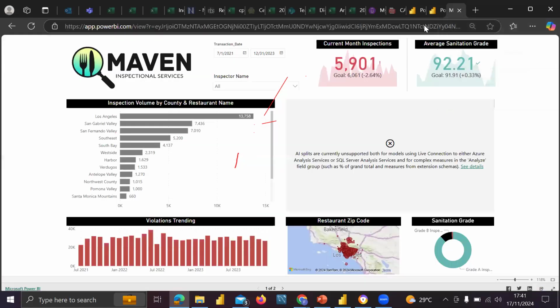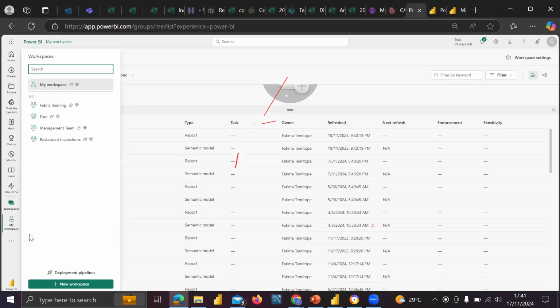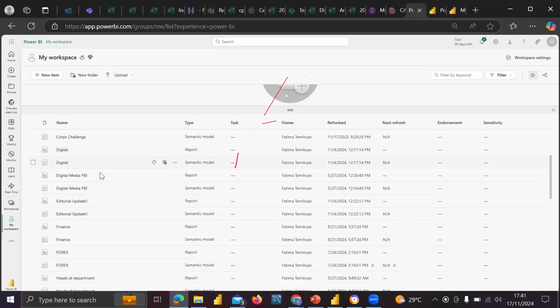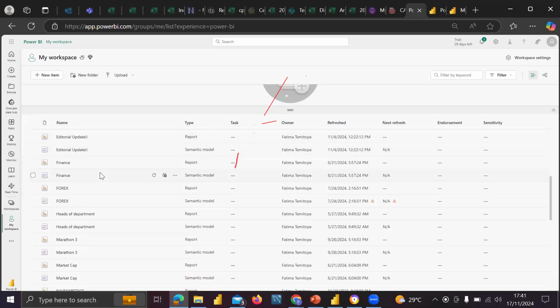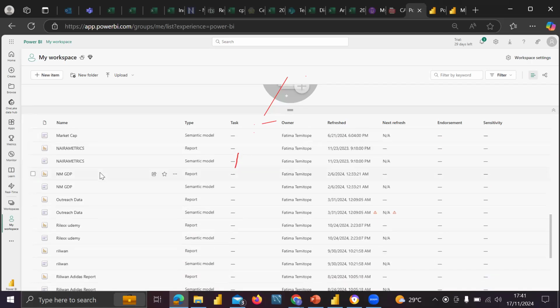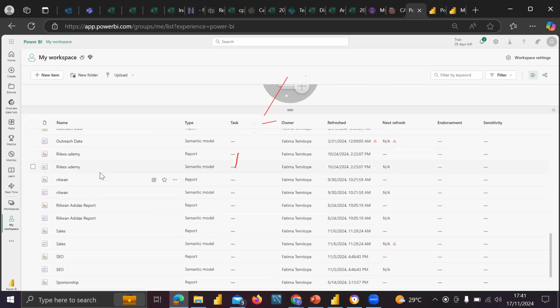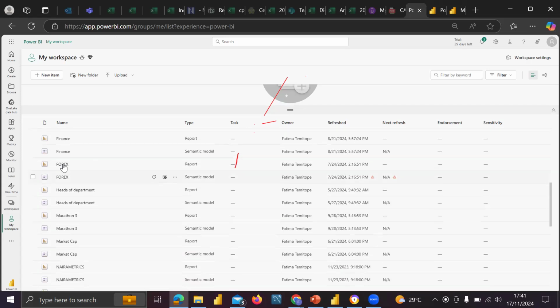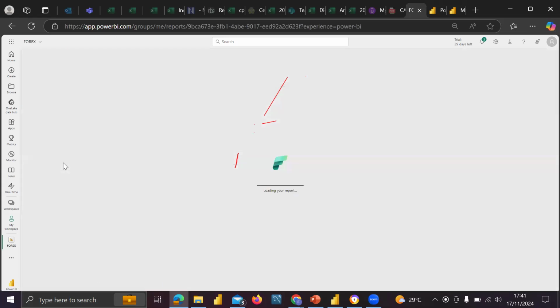Because of time, let me just get another data that is okay. So this is the data that was published earlier. Let me get my workspace. I want to share my company's data.